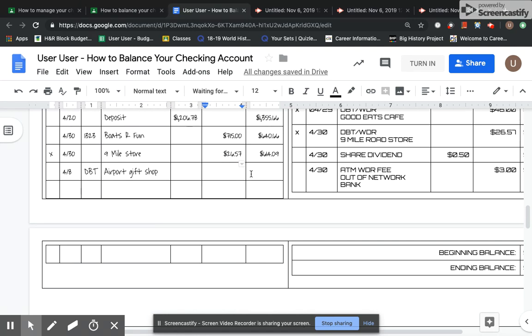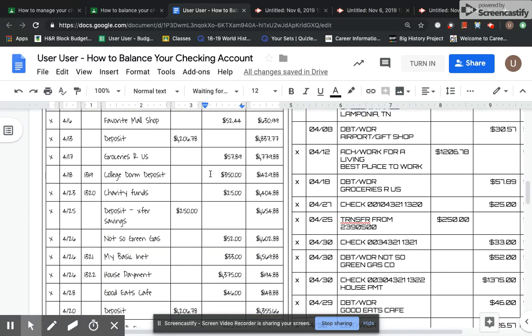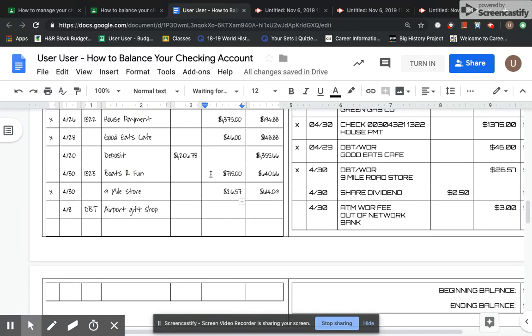How much was it? $30.57. Okay, so the question is, do I put it under deposits or do I put it under withdrawals? $30 and 57 cents. Okay, so now what do I have to do? Yeah, I have to take my running balance and subtract it. So you're going to take